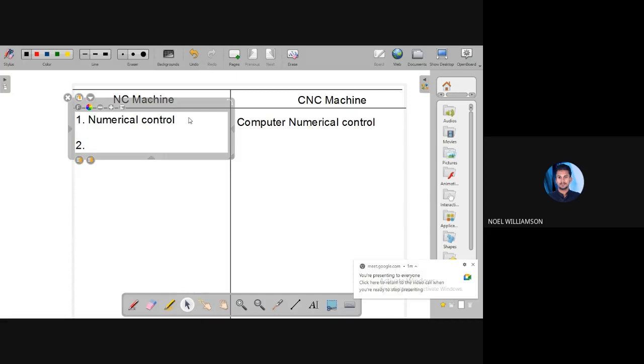In any program, there is a set of sequential instructions, which is mainly in the form of number, letter, symbol, etc. So here the machine is controlled by a set of program.